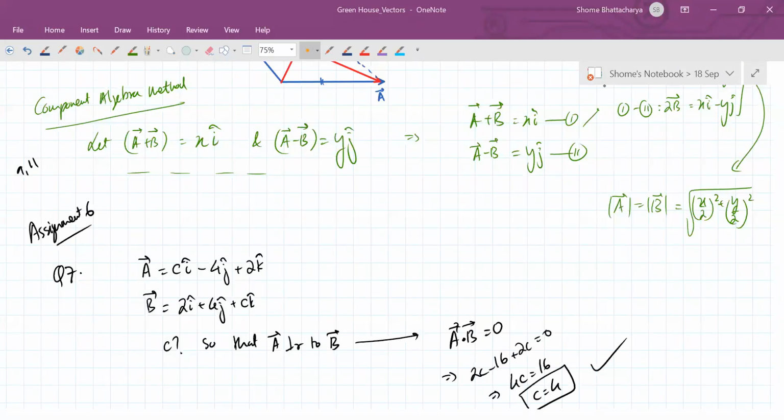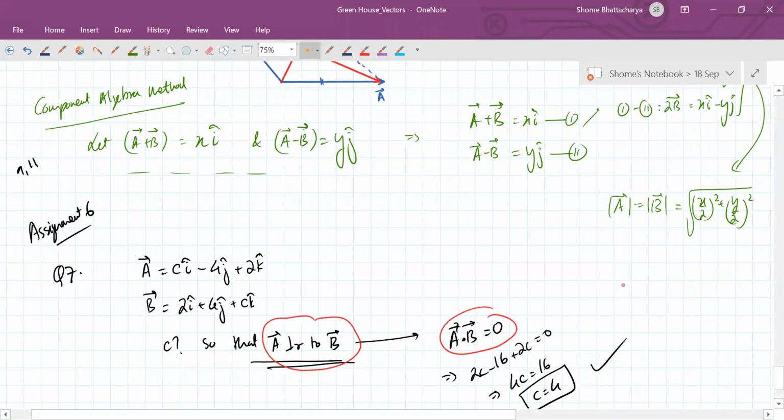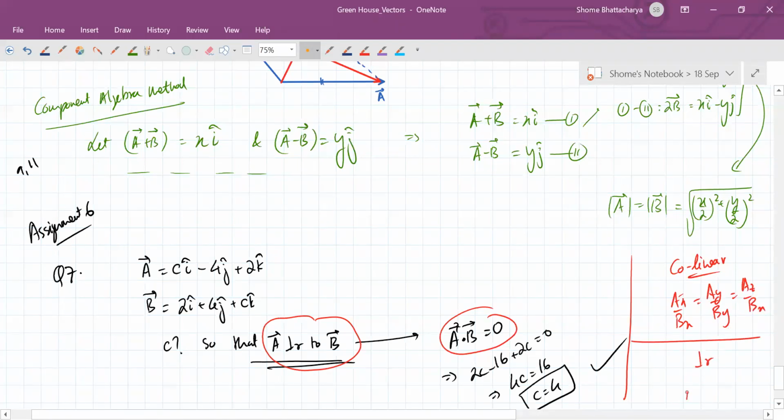Okay. So you did it by A plus B is equal to root of A square plus B square. Yeah. But see, once you know dot product, you should avoid that method. The condition for perpendicular vectors, you should just remember this, that anytime you're checking for perpendicular condition, this is the one. And similarly, anytime you're checking for collinear, you should remember that ax upon bx should be equal to ay upon by, should be equal to az upon bz. Whereas for perpendicular vectors, dot product should be 0. Just remember these two important things, okay? This one and this one.